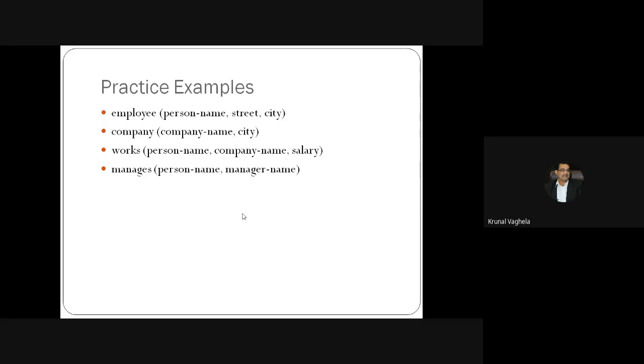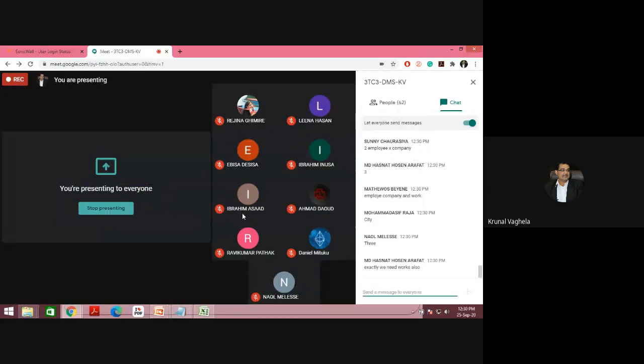So is there anything common between employee and company? Yes, the common attribute is city, but how can you tell which person is working for which company? If you do a join operation of employee and company, you don't have any idea which person is working for which company. So the answer is wrong.